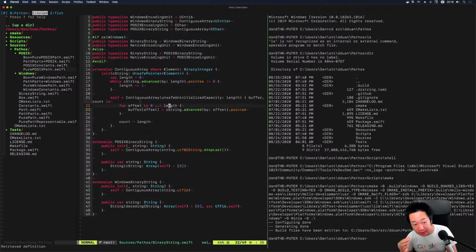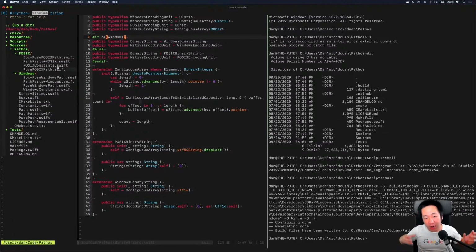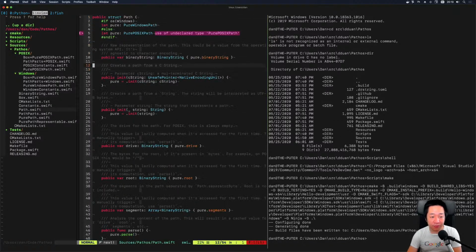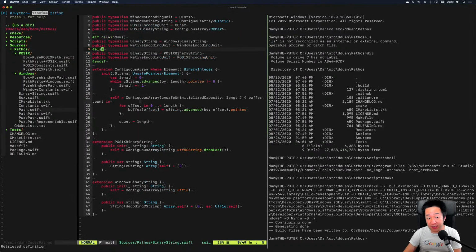So that's why, and also the Windows API actually gave you things in 16-bit integers as opposed to 8-bit integers. So I actually rearranged how this should be implemented quite a bit, and this is where I'm at right now. We have these type aliases that kind of paste over the fact that there's platform differences. When you use path, for example, you do have this binary string property, but it's just binary string. But if you actually look underneath, beyond the textual signature, you'll notice that